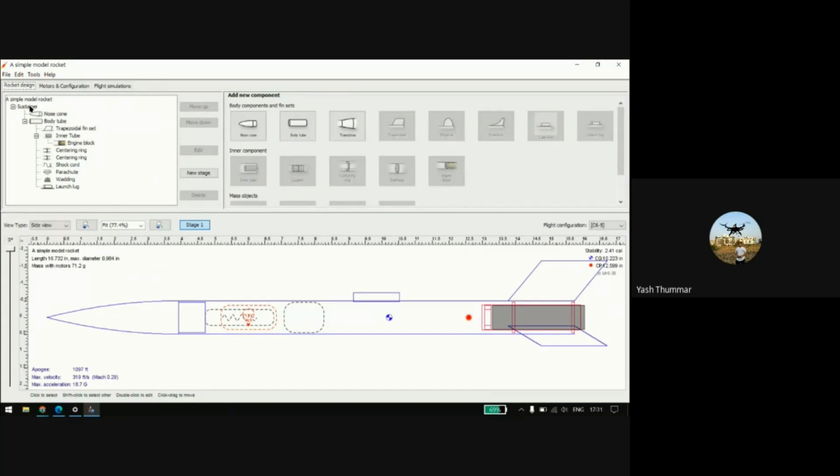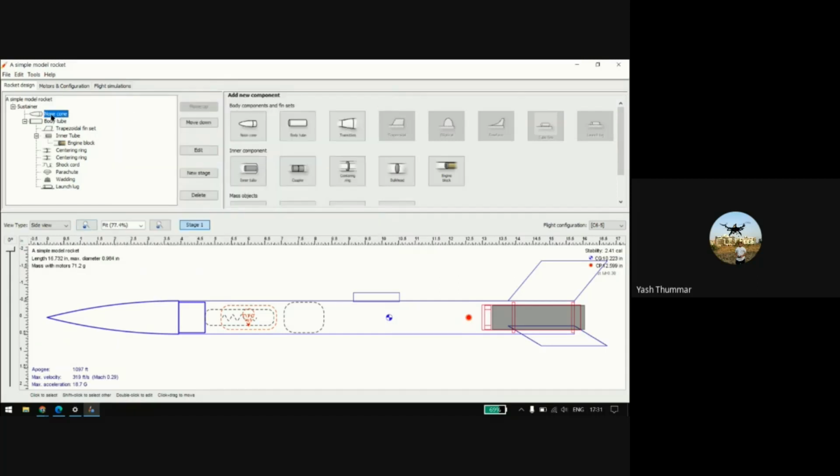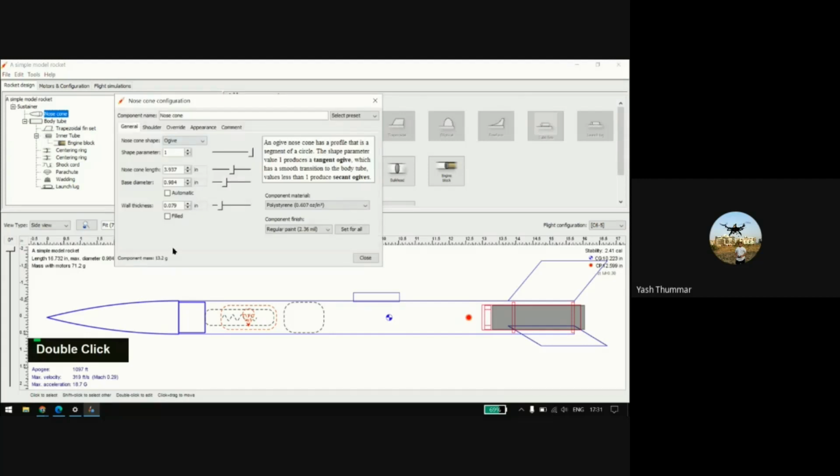After that, as Ruchira said about all these components, like we know the nose cone. In the simple model you can see the model rocket, it's already made up. First you have to click on the nose cone and it will open like this, adding only the nose cone. When you double click on the nose cone in the edit option, or directly on the nose cone on the screen, it will open this same dialog box. Here mostly you have to add and change things in these general settings as of now.